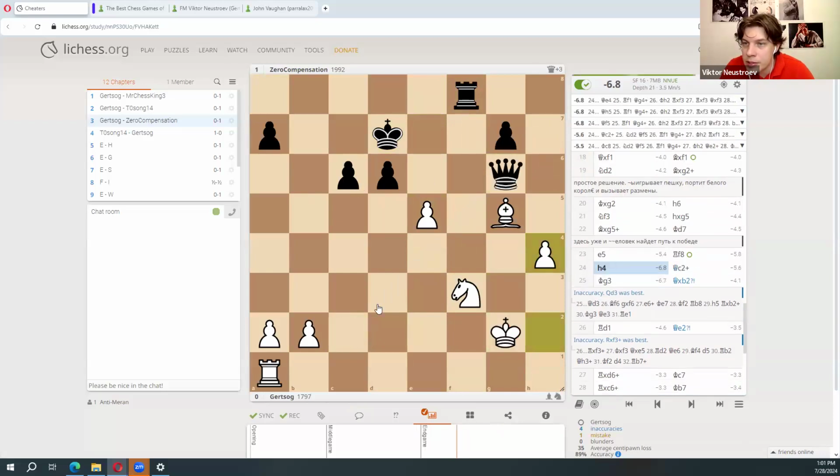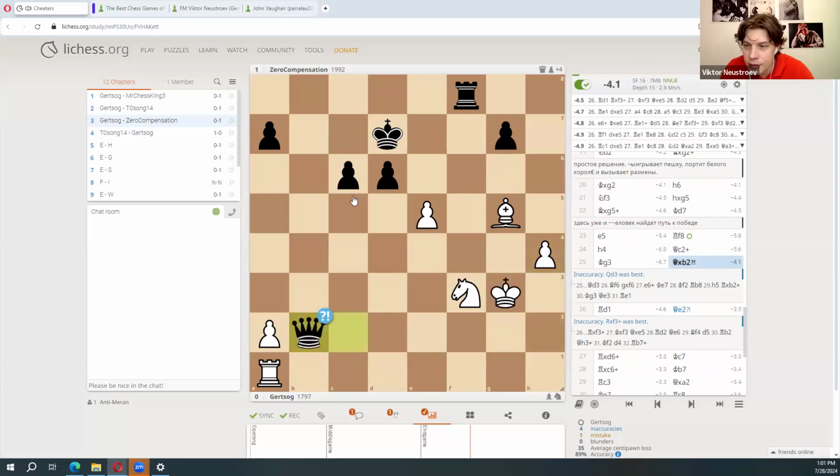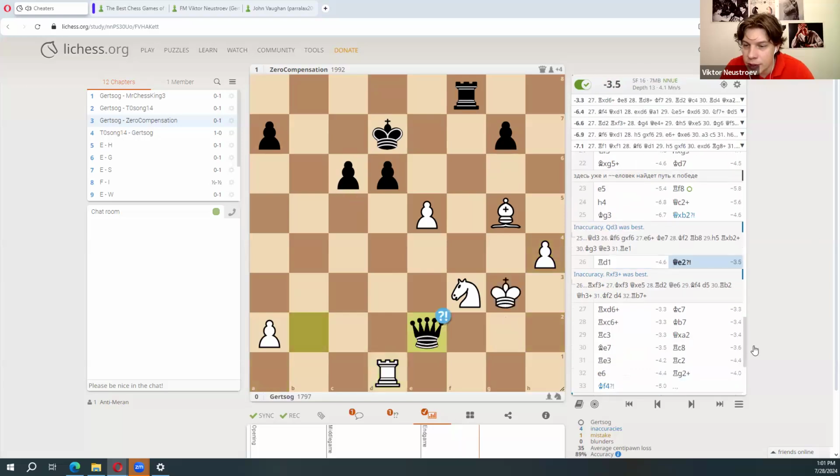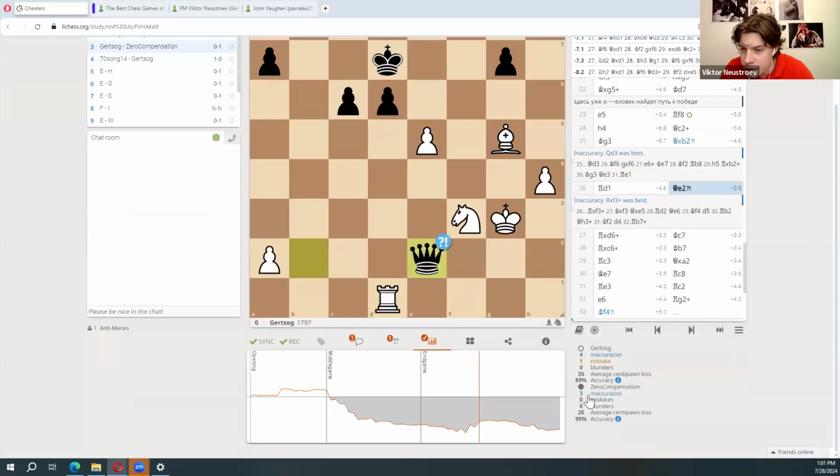That was not the best move according to the engine, but still fine. Yeah, these are two inaccuracies that he played. If you look at the statistics, there are three inaccuracies totally. Probably at this moment, he started playing on his own. But because the position was completely winning, he was able to defeat me. And look at the game.